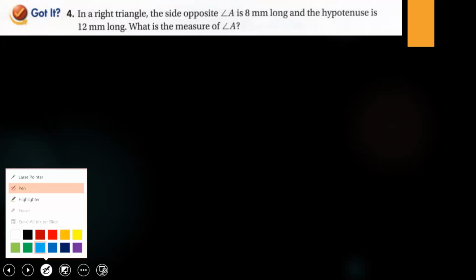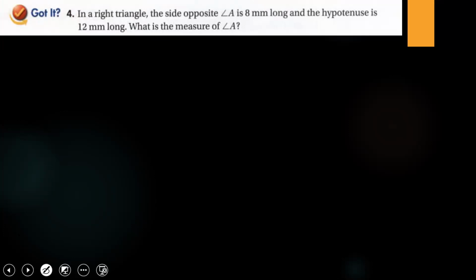Here we have a right triangle. Now let's see. In this question here, they didn't sketch the triangle for me. I want now to make it. Let's draw here a right triangle. Now in a right triangle, the side opposite the angle A is 8 millimeters. So if I say that here we have A, here we have B, and here we have C,